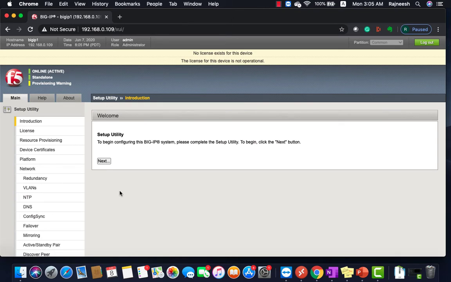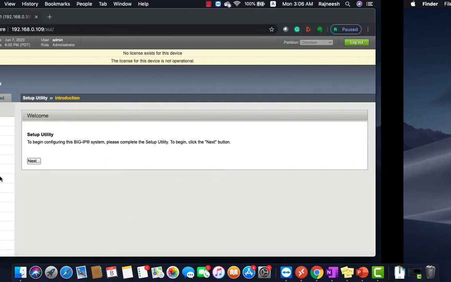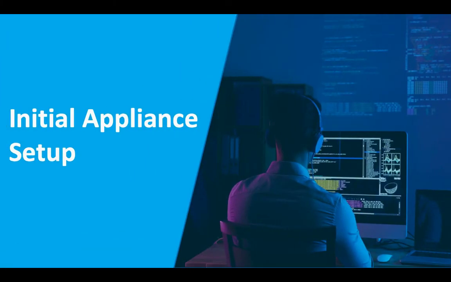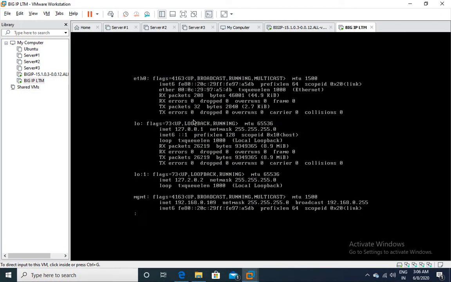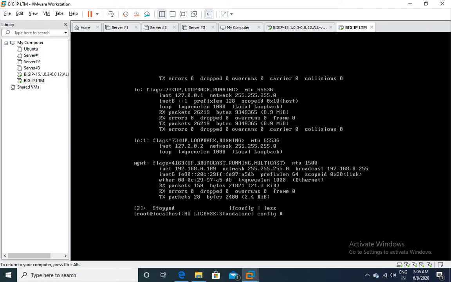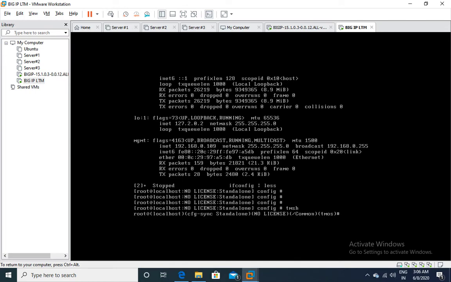One very important question I came across, in fact, a very long time back. People get stuck with it. They forget the password, and sometimes we need to reset the admin password. How are they going to do it? You can even do it from the GUI itself. You can log into the appliance and do it from there as well. For that, you have to go to the CLI, the TMSH mode, and under that